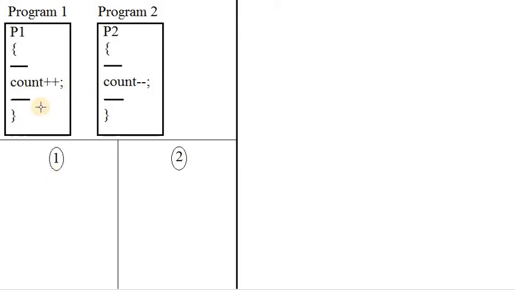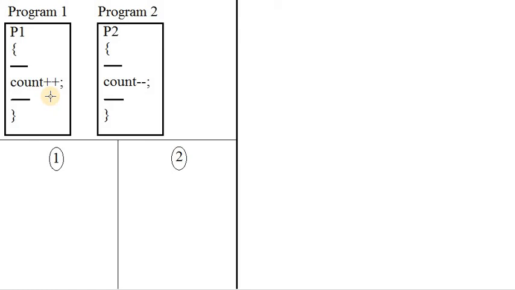First of all, these two programs are actually written in a high level language. High level language means C or C++ or Java. These are all called high level languages. These high level languages are completely understandable by users or humans, okay? But our machine called computer can't understand these high level language instructions. So these instructions need to be converted to machine level languages, that means zeros and ones.